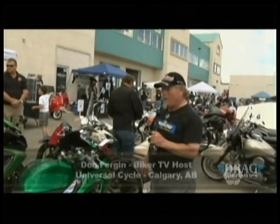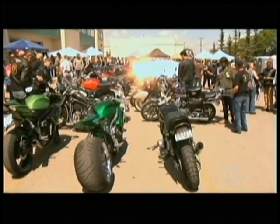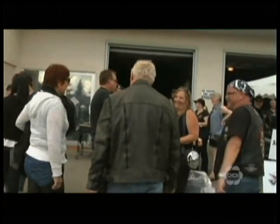So just to give you some idea of the diversity of the bikes here, this is the sport bike winner from today in the Show and Shine category. Stretched out with a single-sided swing arm and just unbelievable detail on it. And then we have here the old